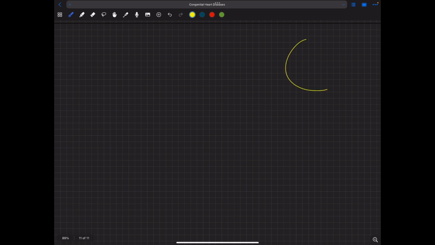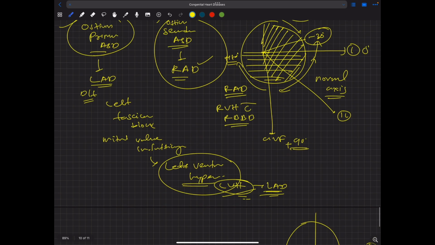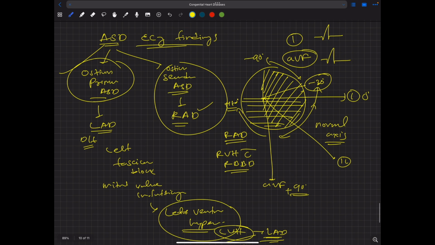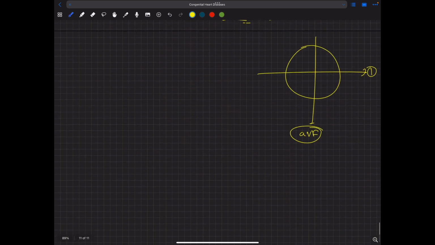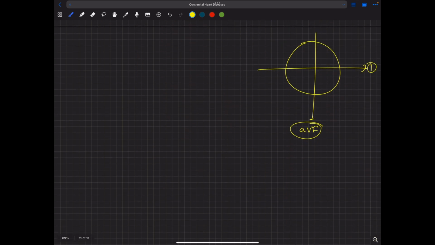So suppose this is lead 1, this is AVF. I discussed the normal case, if the QRS complex is positive in both lead 1 and AVF. Now what will we see in case of